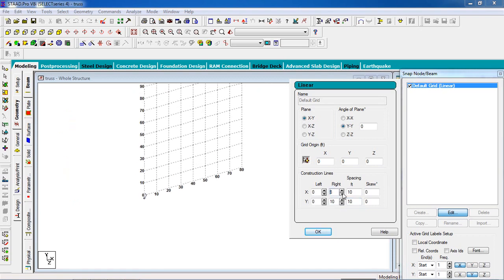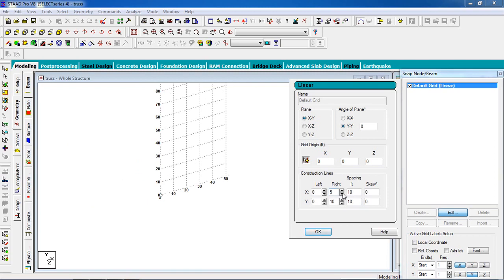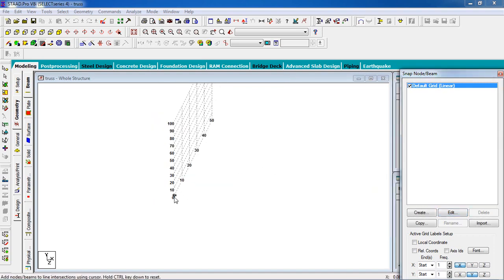And in the x direction let's decrease some length and change the skew. This is 0 degree. In the x direction change it to 60 degree. If I change it to 60 degree, then the x axis will make an angle with the horizon of 60 degree. Then click on OK. Now you can see the axis is in the 60 degree.